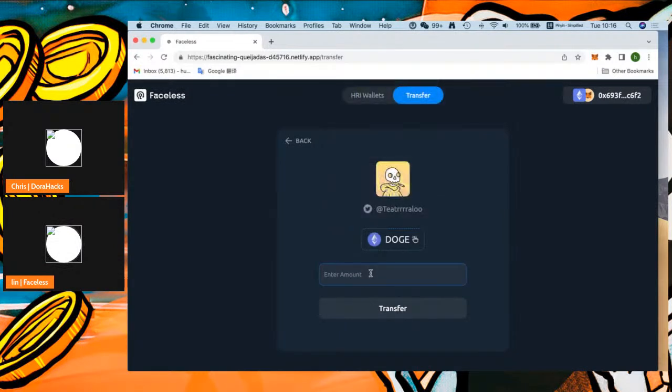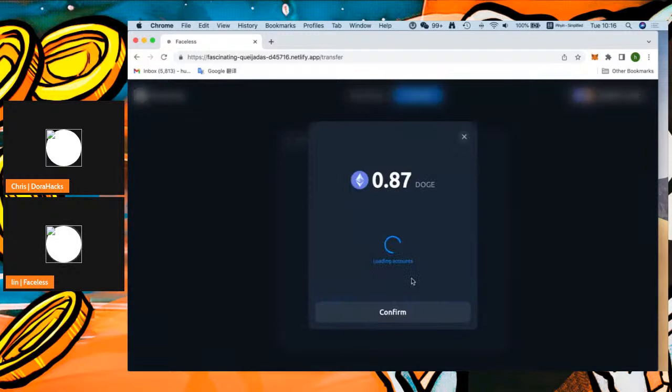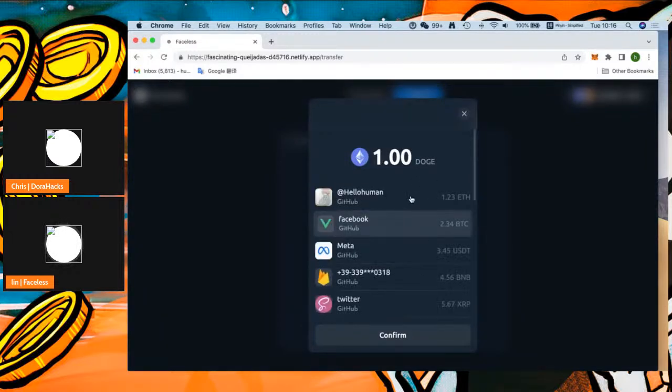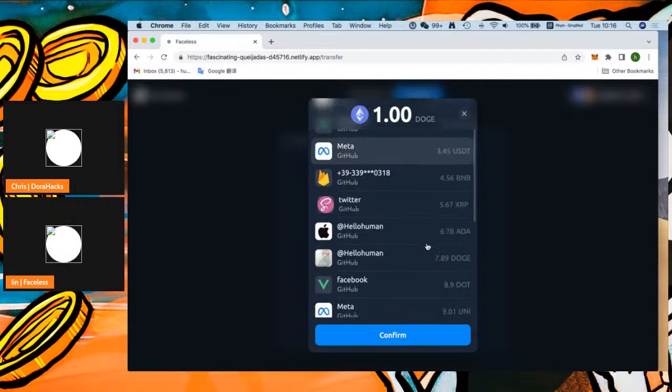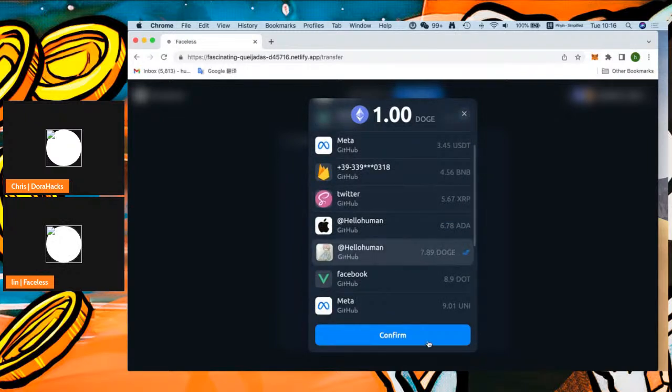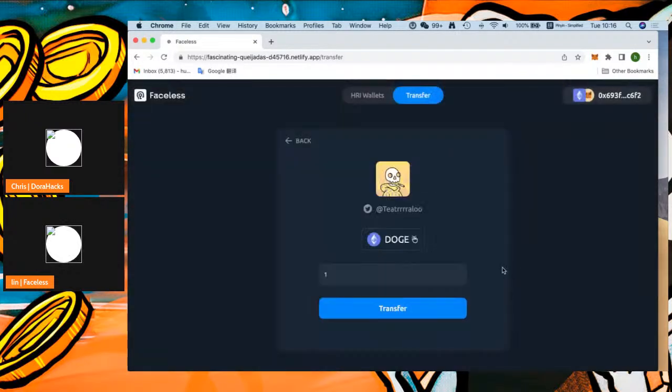Then you select the amount and transfer. And then you also need to select exactly which HI account you want to charge this token from. Maybe this one. And confirm. And yeah, this is just to give you a general idea of how it works. Okay.